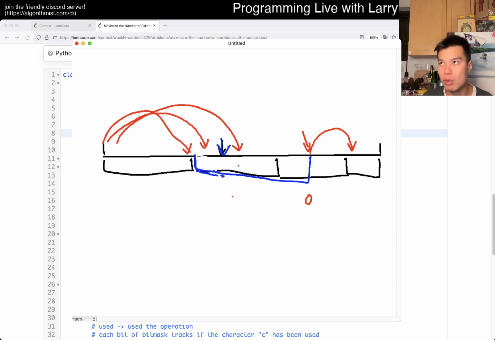And as a result, because the bit mask is 0, the count is 0, and it doesn't matter how you get here, as long as you get here, and you only need to pre-calculate this once as a beginning of partition. That means that the